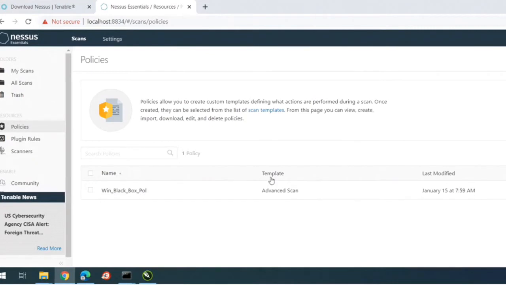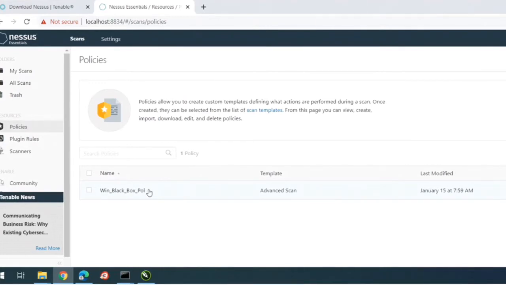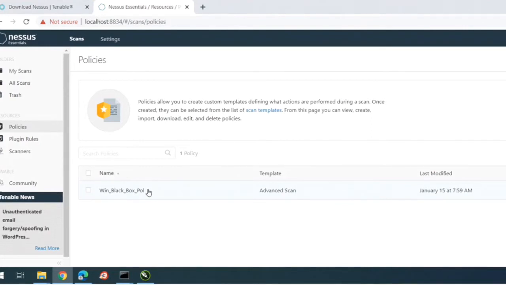As you log into the Nessus dashboard, you go towards the policies to configure the policies. Now you see one policy is already built, and the policies will be built on the inbuilt templates. And what are the templates? Can anyone tell me what the templates are? You also see templates in Word, Excel, PowerPoint. Templates are predefined kind of info.